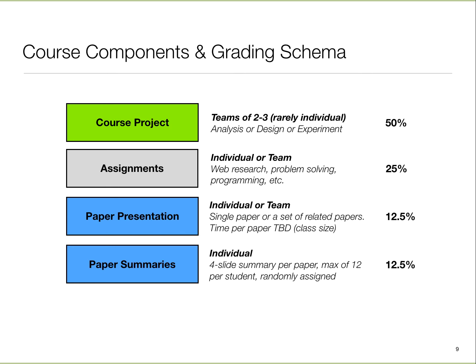And paper summaries. The idea is that you have to write 4-slide paper summaries with a particular structure, but I don't want everyone to have to do it for 30 plus papers if the class size remains like this. So basically you'll do at most 12. If the class size falls below 12, then there will be fewer than 12, but if the class size is above 12, then you'll be maxed out at 12. I will assign the papers to you, because I want summaries to be distributed across the papers.